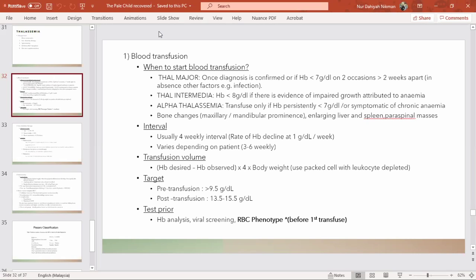So Hb dropped a lot. In this sort of case, you need to transfuse fast because this is an acute blood loss. So for blood loss, you replace immediately the amount of blood that is lost. Same with subaponeurotic hemorrhage, we replace based on the loss. But if it is chronic, we replace slowly.